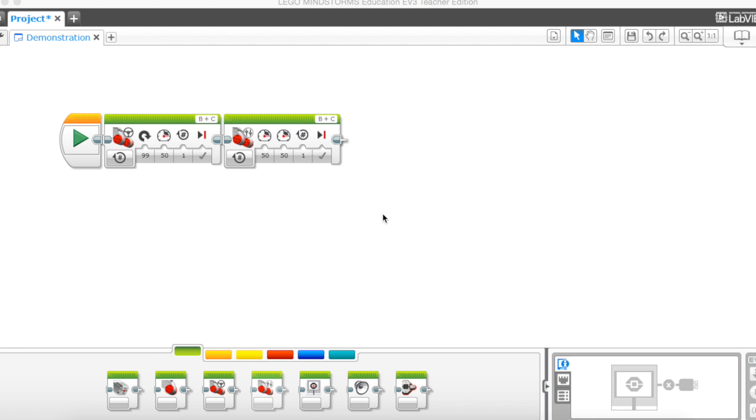So today we're going to look at two different methods for steering our robot. The first one is the one we've already had a look at, which is using the steering block. The second one is using the tank block. Now, something we need to know about steering our robot is that